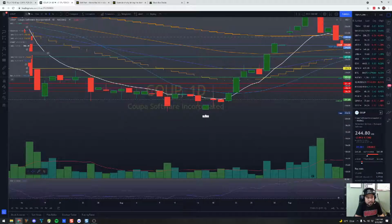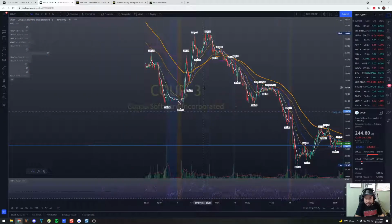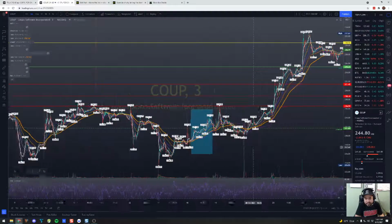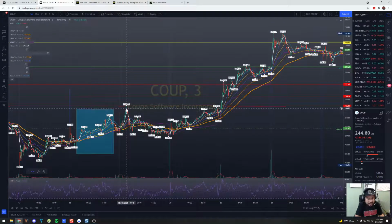Okay, so let me see. Let's go on the 3 minute time frame. Let me zoom out. Okay, so right around this area right here was where they hit it, and this is where I marked it at 211.65. Next day, if you bought it next day, it got up to 216, and you could have probably 100